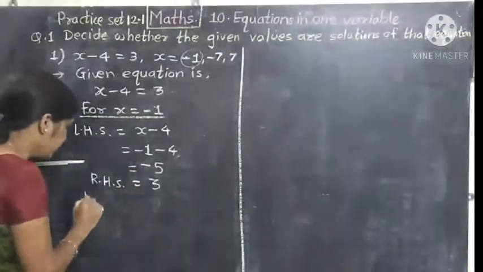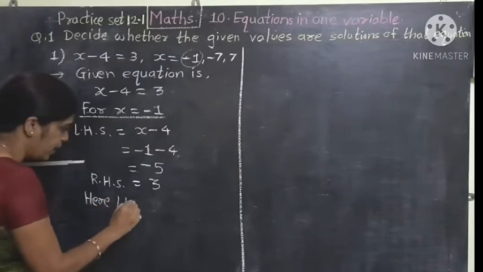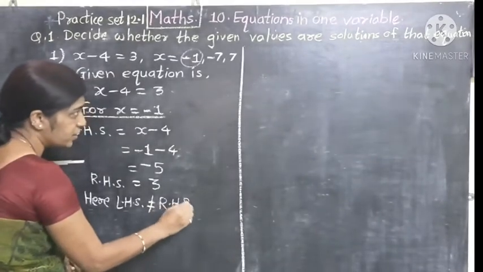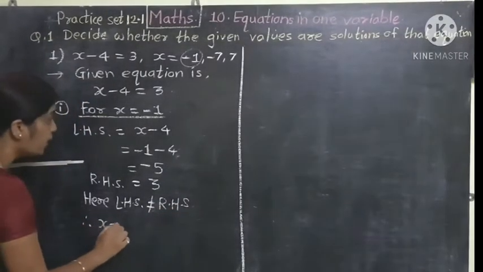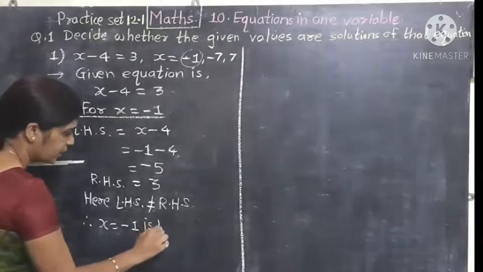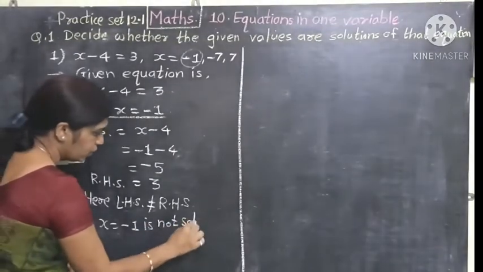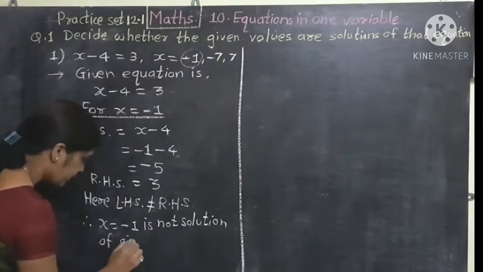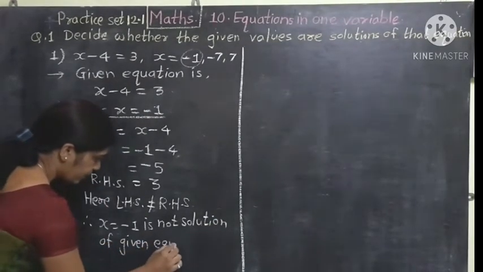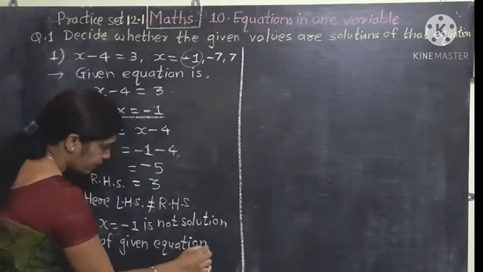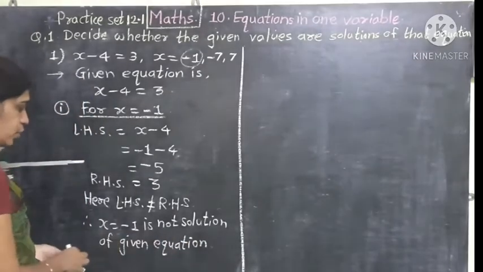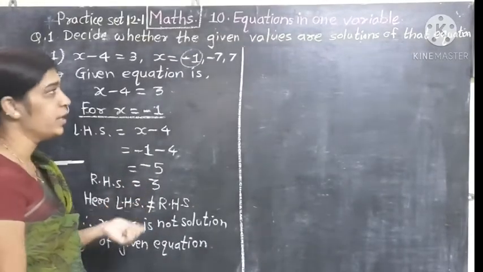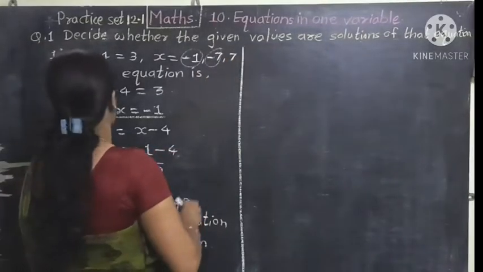No. Here LHS not equal to RHS. Therefore, x is equal to minus 1 is not solution of given equation. Okay. Therefore, x is equal to minus 1 is not solution of the given equation because here LHS and RHS are different. Okay. Now see for second, for